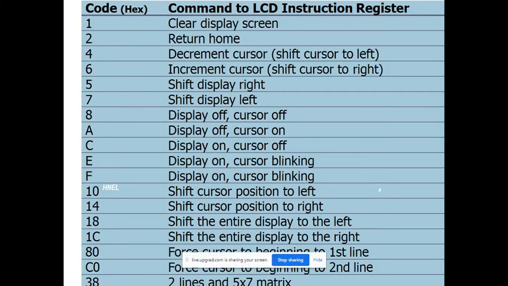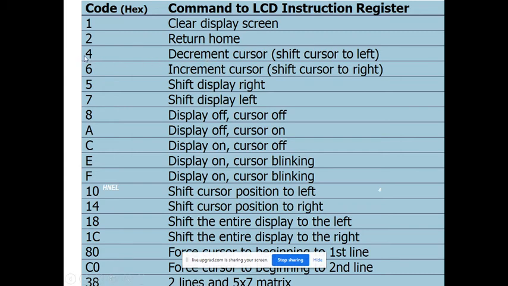Now these are the various instructions. You can use those instructions. For example, 01 is for clear the screen. 02 is return home, means your cursor will come to the first line, first position.